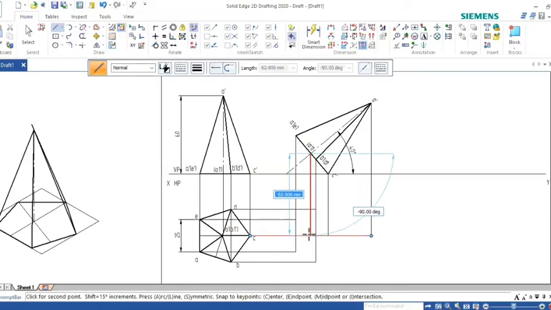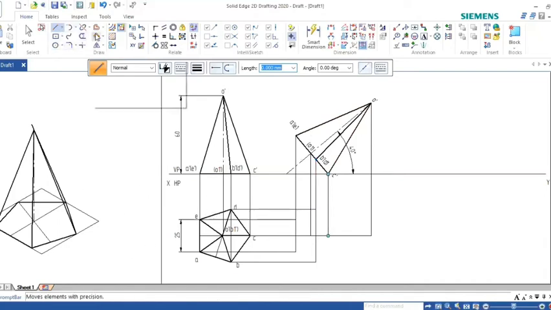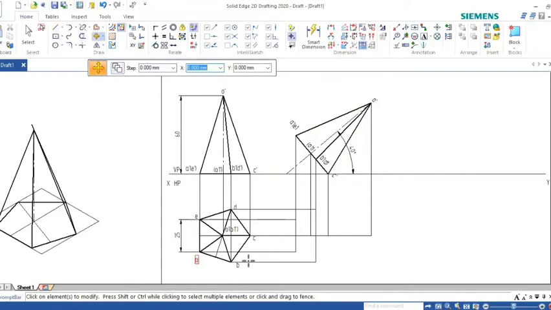Center O1. Now, when you see from the top side, how to identify invisible edges here? First you have to locate A, B, C, D. Now make use of the move command. A comes here. Make it move copy. E comes here. D comes here.